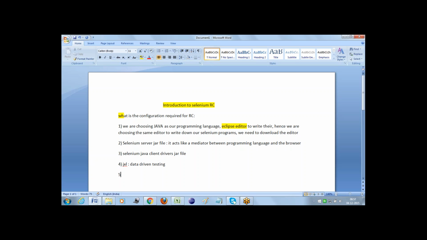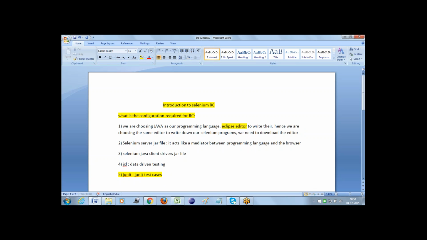And the last jar file required is the JUnit jar file, which is used to write JUnit test cases. We will see why we are using JUnit in later topics, but as of now we need all these four different jar files and one editor to work on Selenium RC. This is the basic configuration required for us to work on RC.